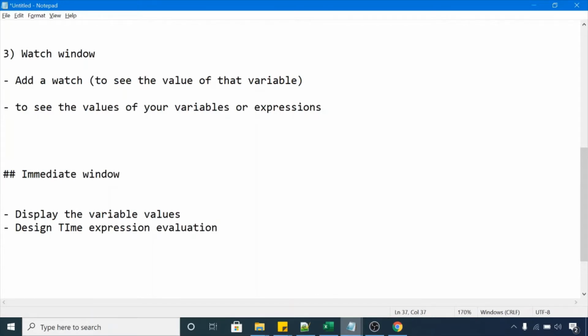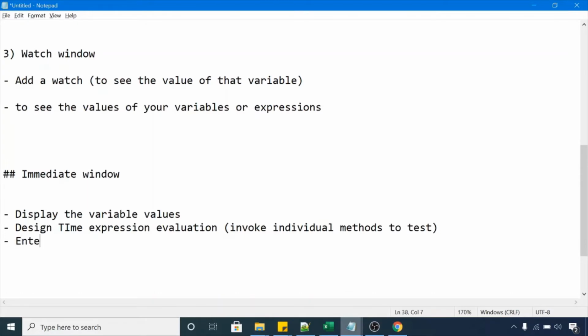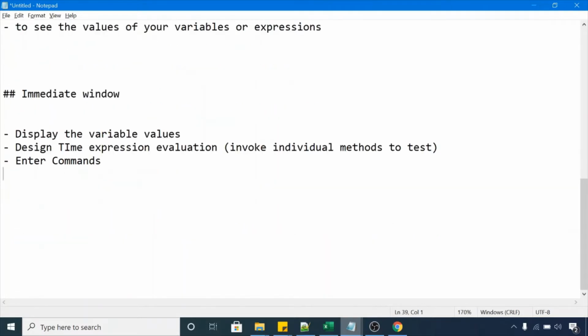That means we can invoke individual methods to test. And third is enter commands. You can directly execute some commands or expressions on your immediate window. So we will just see the demo of these three different features of the immediate window.